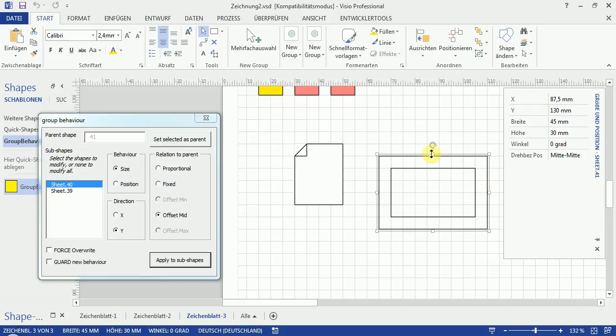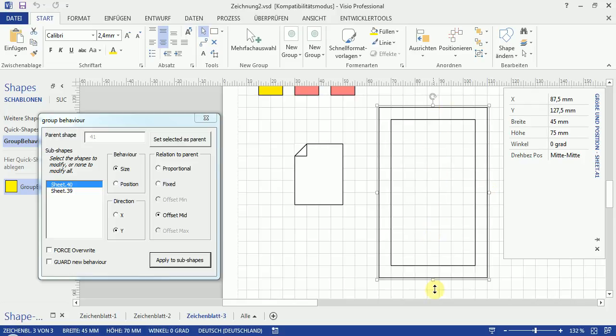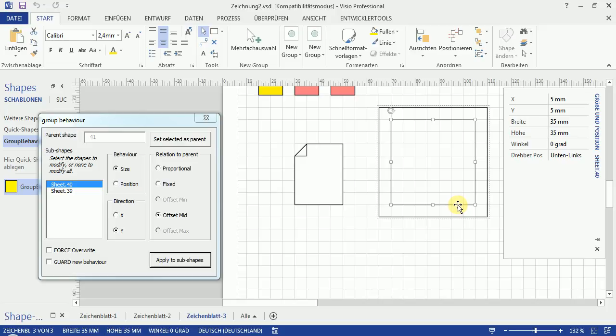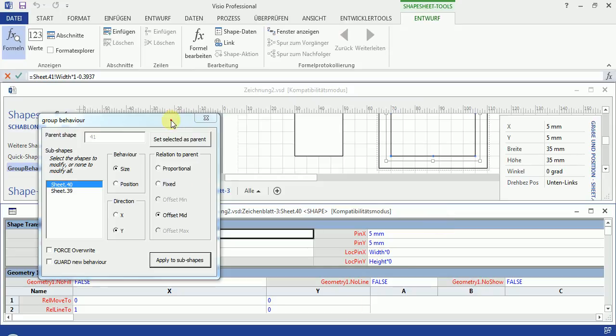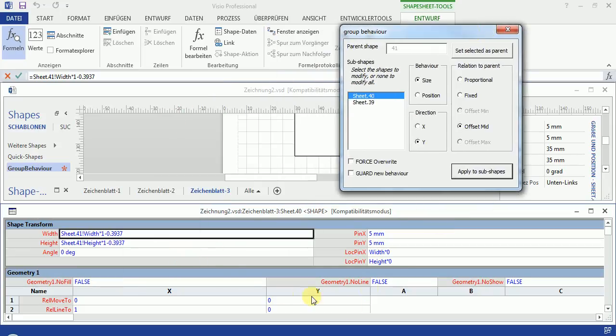Ha! How beautiful, how easy. Otherwise, I would have had to go into the shapesheet of the inner square and modify these formulas